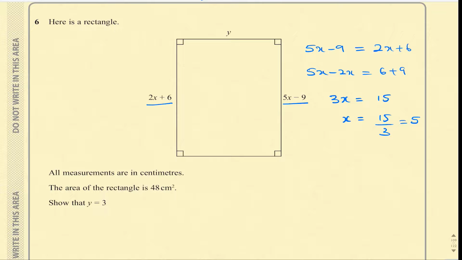Now, since x is 5, I can put the x value into the side, so I can get the side to be 2x plus 6, which equals 2 times 5 plus 6, which is 10 plus 6, and that is 16. So 16 is the side. To find the area, it is height times length, which is